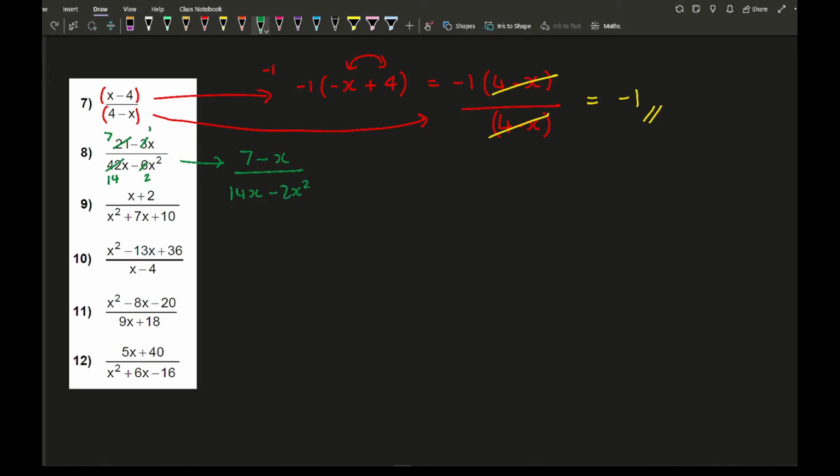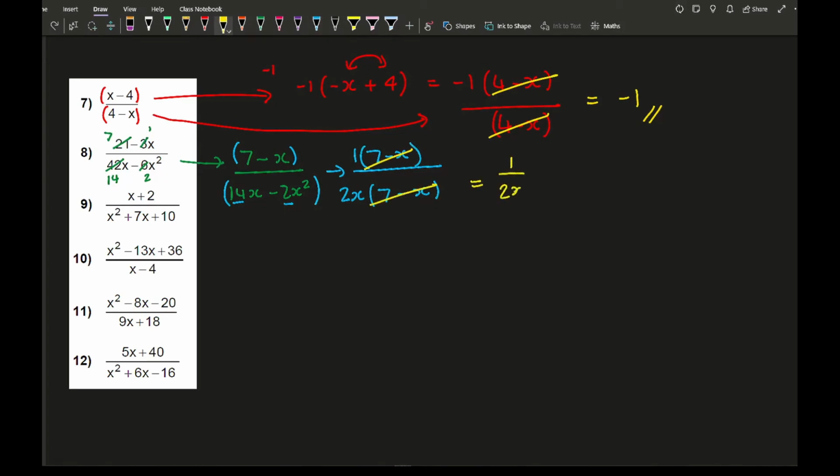Now I can simplify. If I put brackets around this and this, I can't factorize the top, so that stays as it is, but I can factorize the denominator, because looking at this I've got 14 and 2, so I can divide both numbers by 2, so I can take 2 out, and both terms have got x, so I can take that out. And then what do I need to multiply 2x by to get 14x? That's going to be 7, and what do I have to multiply 2x by to get minus 2x squared? Well, that's going to be minus x. And lo and behold, by sticking a 1 there, I can cancel those two brackets,